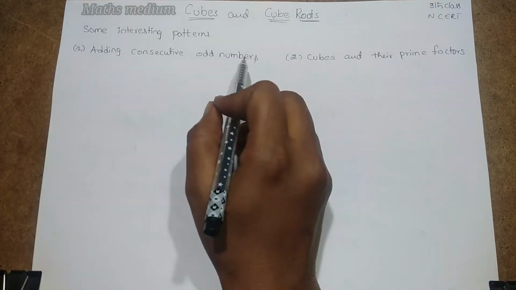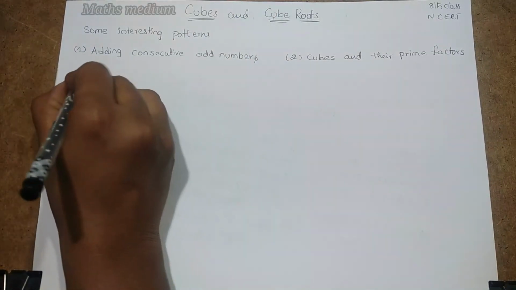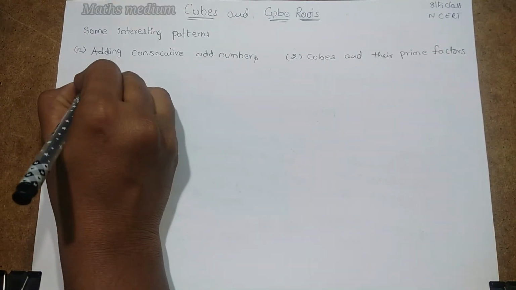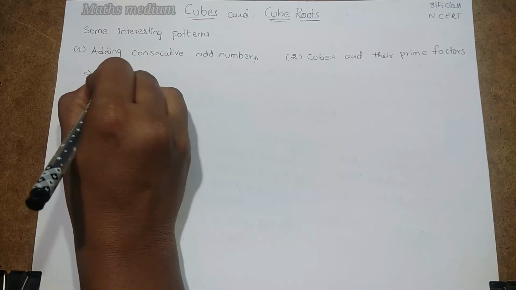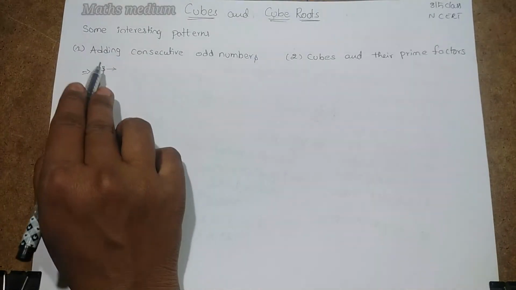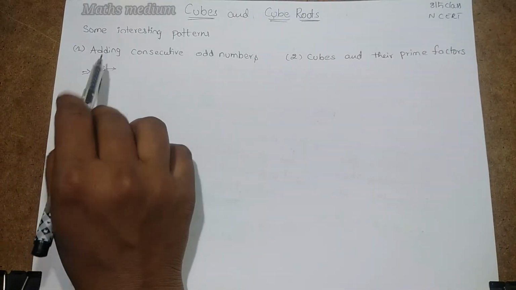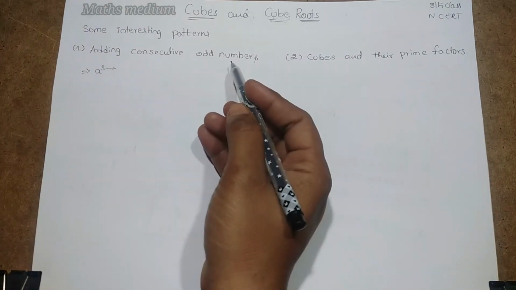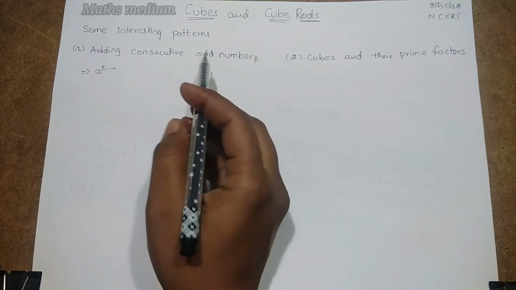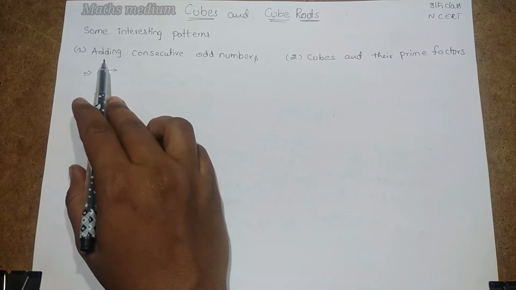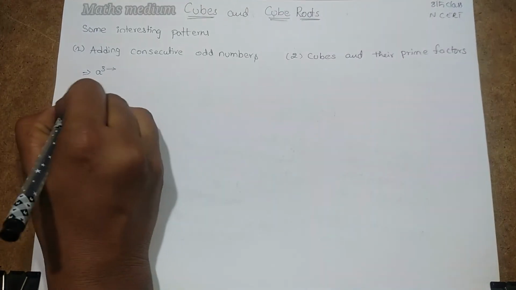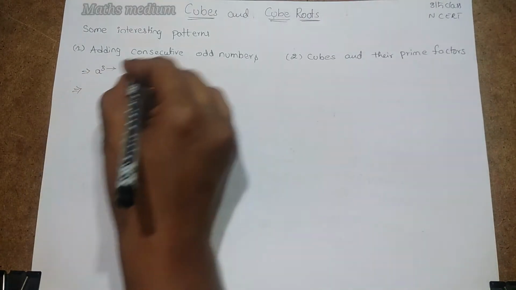Adding consecutive odd numbers. Before going into that, we know that a cube is nothing but, for example, this is the cube, right? So how are we going to get a cube? By adding consecutive odd numbers. In our whole numbers, how are we getting a cube? By adding the consecutive odd numbers. So let's take a look at that. If you take odd numbers like